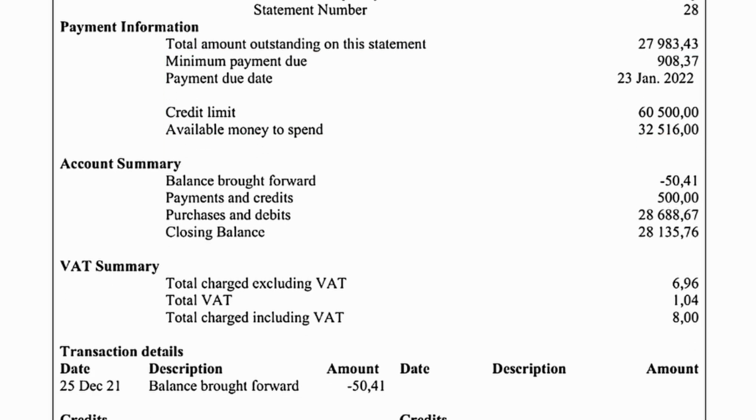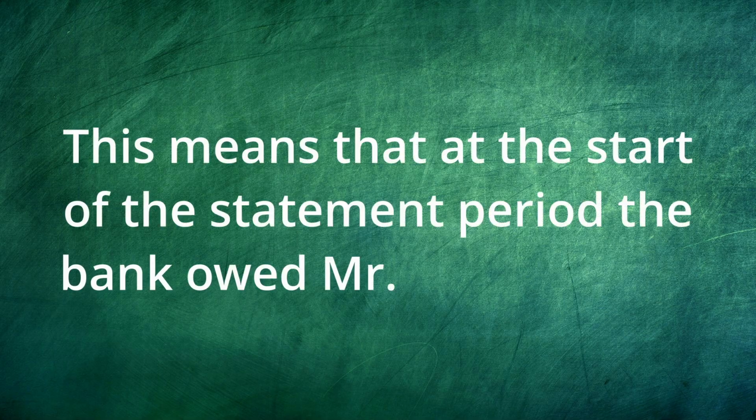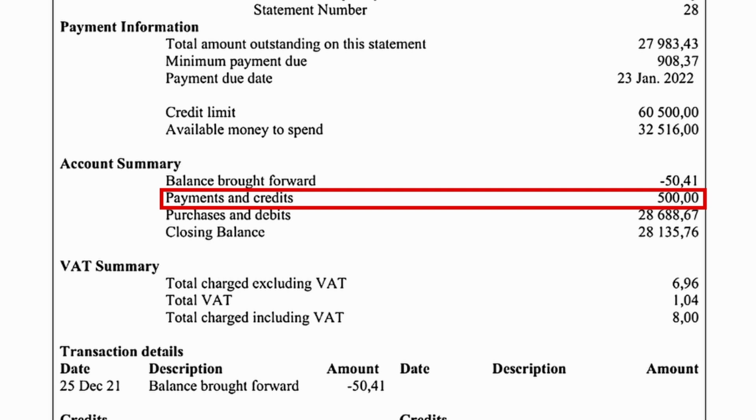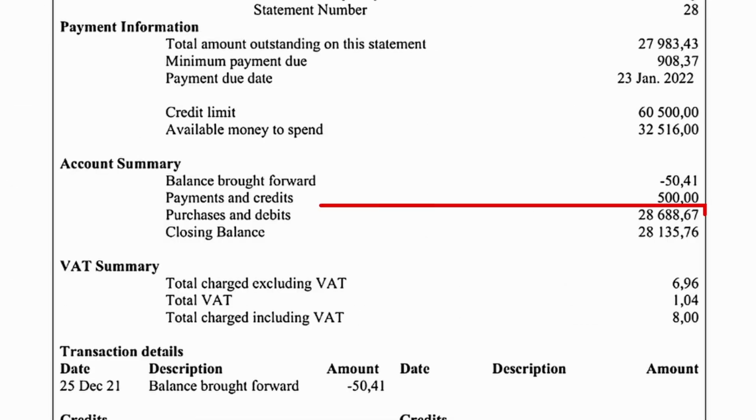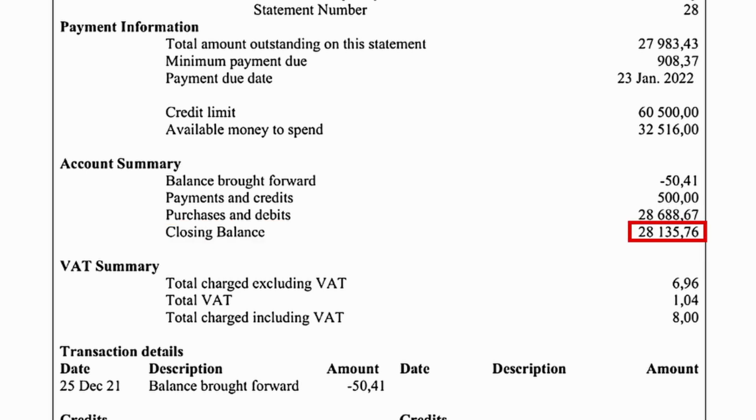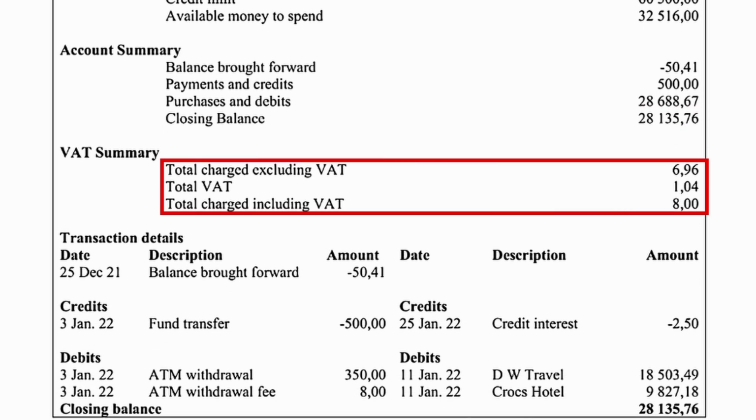A summary of the account is listed next. The balance brought forward is the balance at the start of the statement period, and it's given as a negative 50 Rand 41 cents. This means that at the start of the statement period, the bank owed Mr. Ntuli 50 Rand 41 cents because he probably overpaid the previous month. Payment and credit list the cash that Mr. Ntuli transferred into his credit card account. So this is money that went into his account. Purchase and debits list the total cash that left the account. The closing balance is the balance at the end of the statement period and is listed as 28,135 Rand 76 cents. A VAT summary is then given for the ATM withdrawal fee that was debited on the